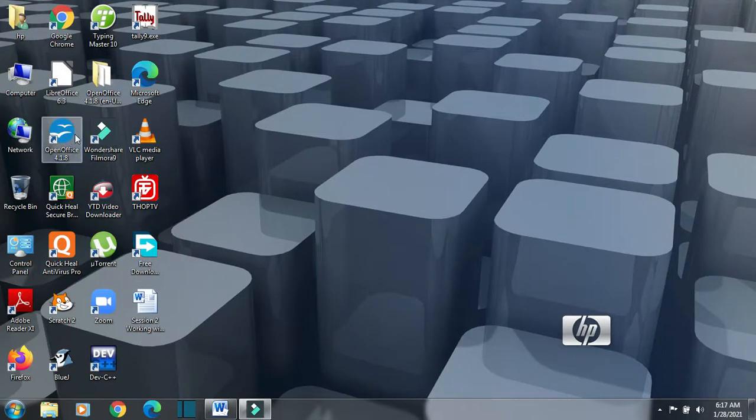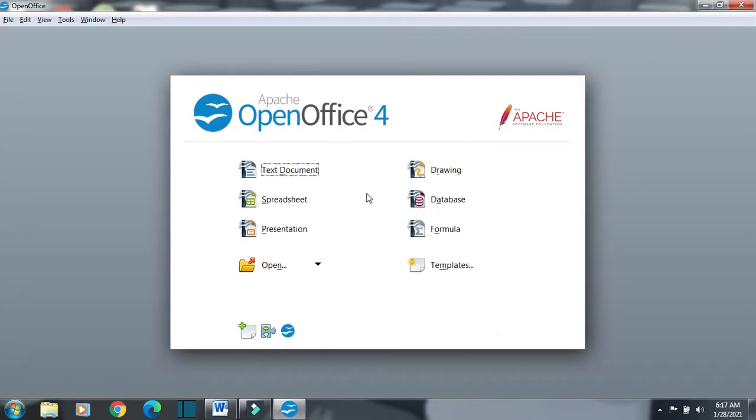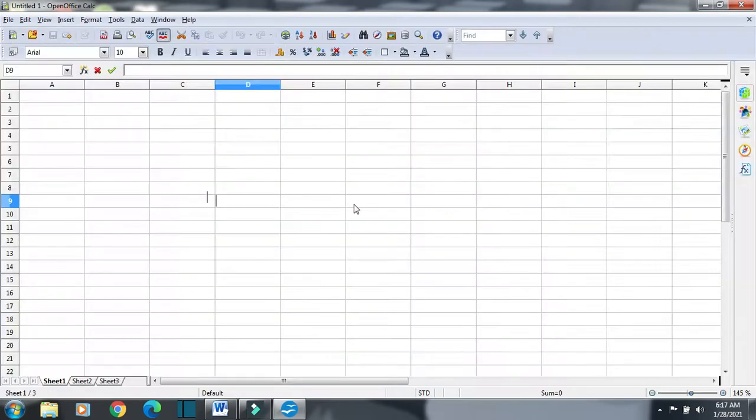One more method that we can try is we can have this on the desktop. Double clicking here, and from here we will select spreadsheet. It will open a workbook. So right now we have opened a workbook. This workbook is a blank workbook. So if we want to open a blank workbook, we just need to open a new Calc file, and this will have multiple worksheets, sheet number 1, sheet number 2, sheet number 3.